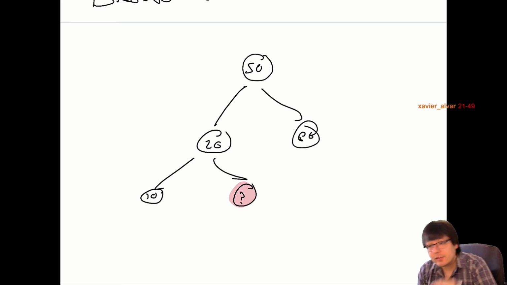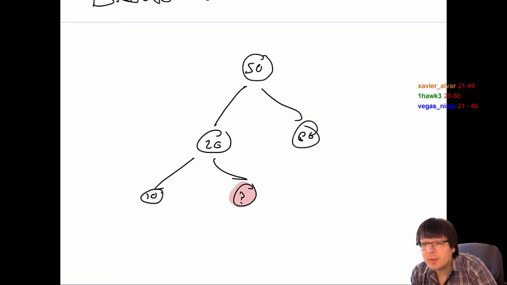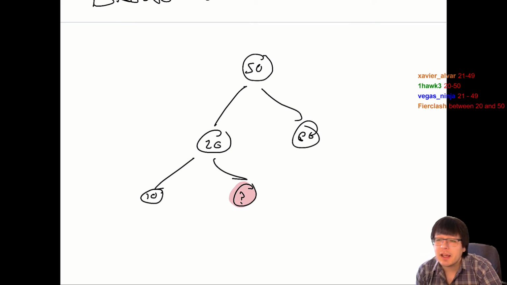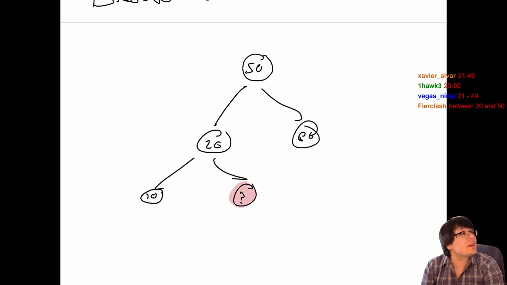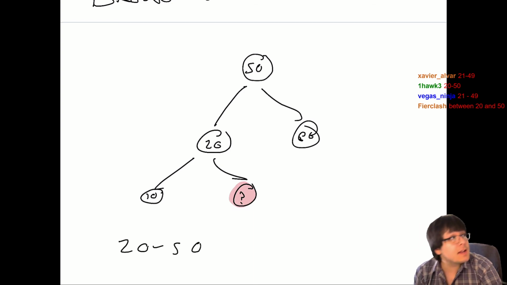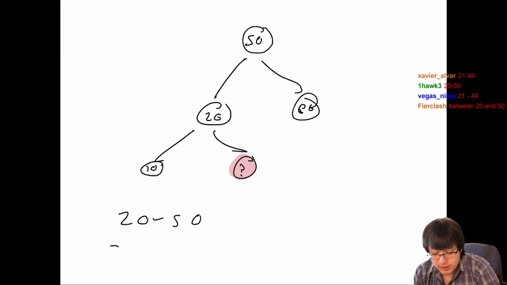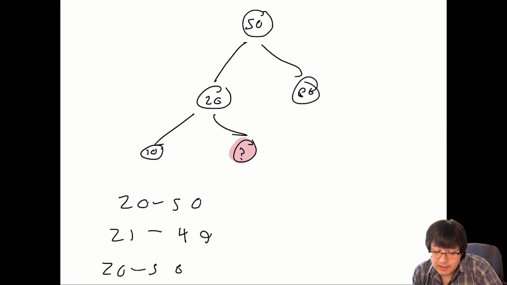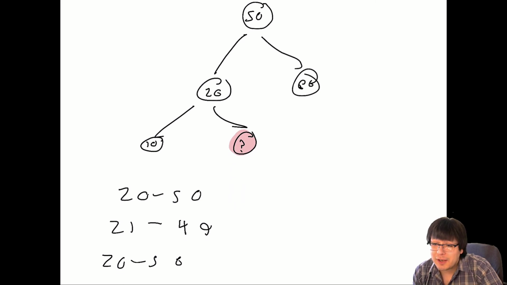So if we're looking at a certain subtree, oh, we got some responses. Ooh. So we got like 4 responses at the same time. There's probably a big delay because I asked that like 30 seconds ago. So the first person said the range was 20 to 50, and then somebody else said the range was 21 to 49, and then somebody said between 20 and 50. Well, I'm sorry to tell you guys, but I don't think any of you got it absolutely completely correct, because